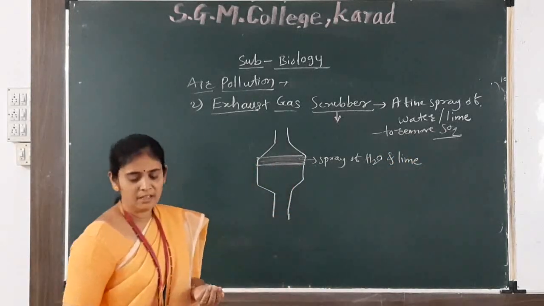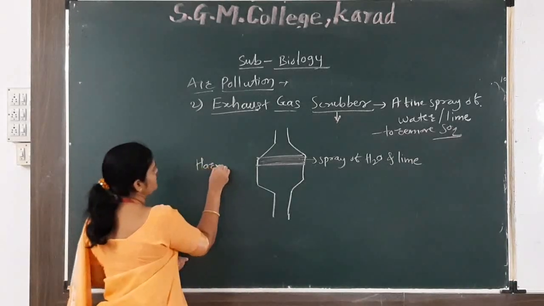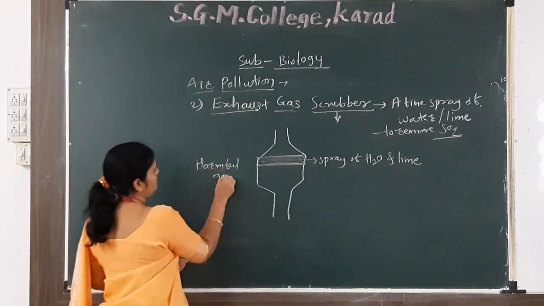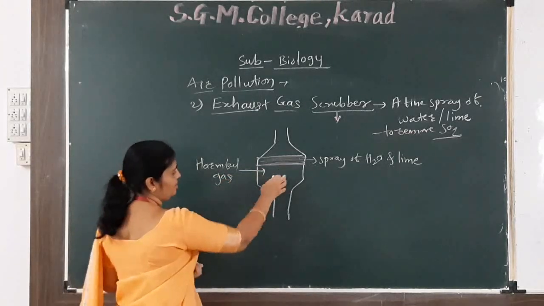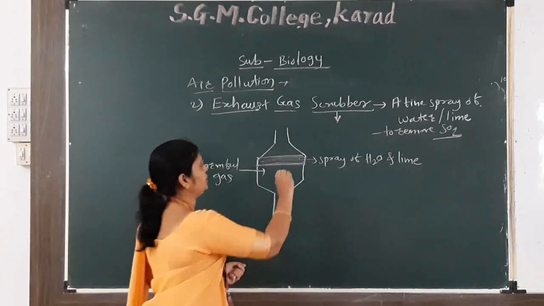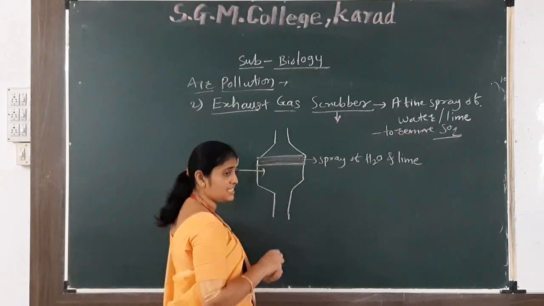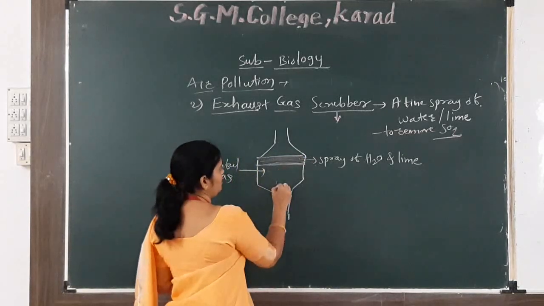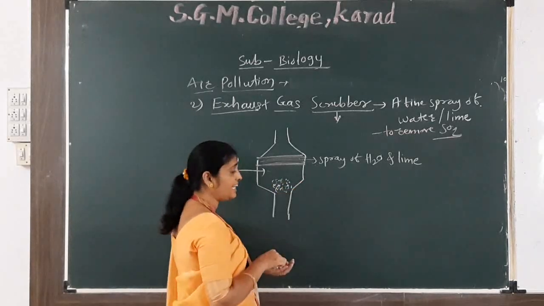When harmful gas is taken inside this instrument, then due to the action of the scrubber, that is the spray of H2O and lime, the harmful gases are converted and solidified, and they are collected at the base of this apparatus, and only clean gas